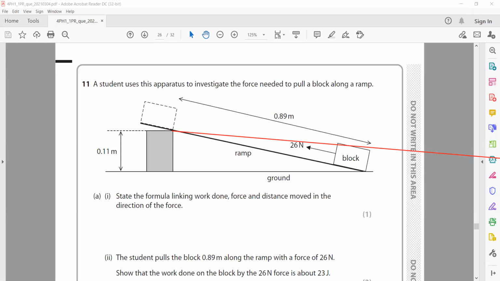So we need lower force to move the block, or lower force is required to prevent the block from slipping, but we have to move the block to a greater distance, and it will increase the chance of losing energy. There are greater chances it will lose energy to the surroundings as a greater distance is moved over the ramp.